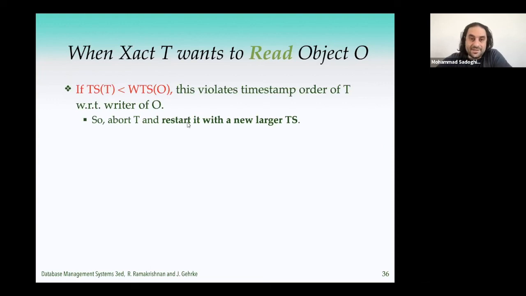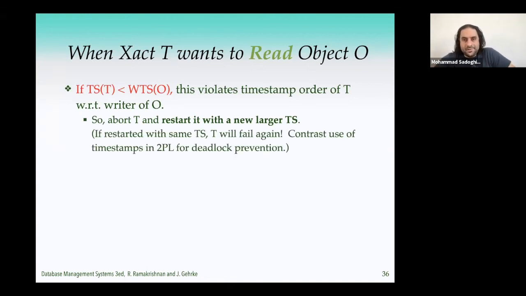But in this case, when we restart the transaction, we always give it a new timestamp, because if you give it the original timestamp, well, if it invalidated the first time, for sure it's going to invalidate the second time because there's probably even more writes. So the retry always has to be with a new, larger timestamp. So that's the first case. So if the first case is clear,